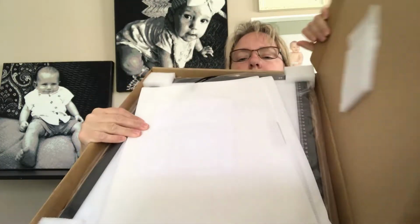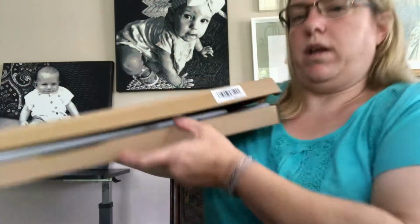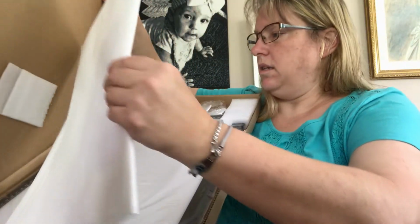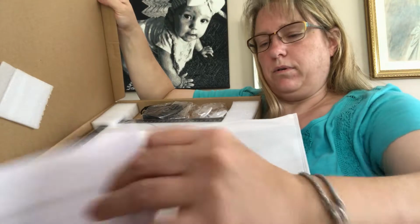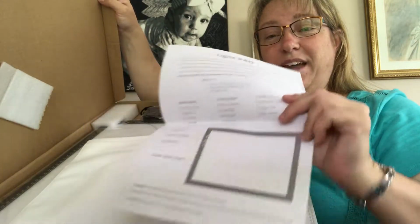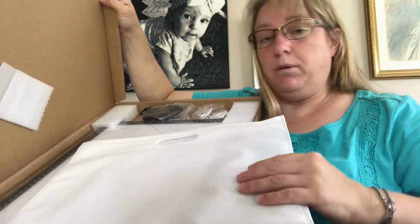Okay, I have opened it up. You can see, I'm going to get it to, well, let's do it this way. Let's go around like this. Let's see, what's in this box? Oh, it's a little carrying case. Look at there. Oh, piece of paper. And it is a notepad. It's a larger one and a better made one